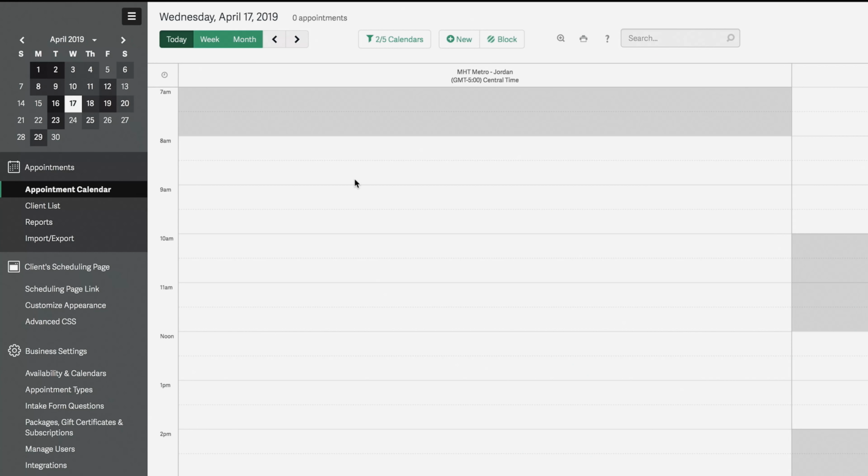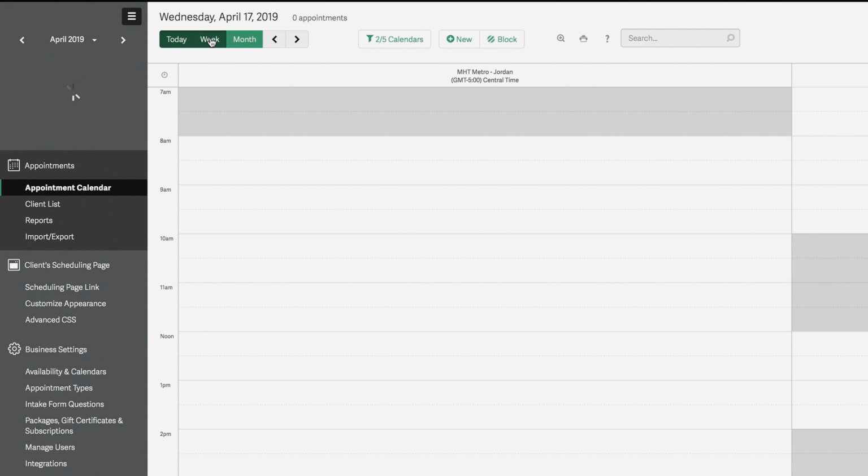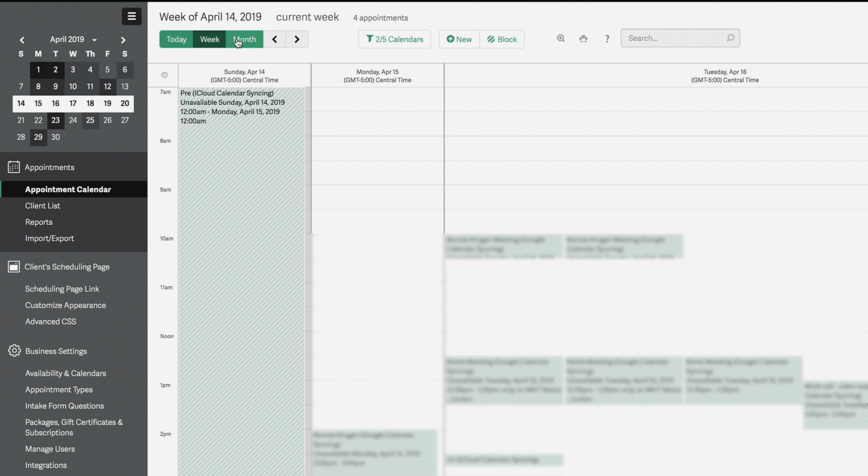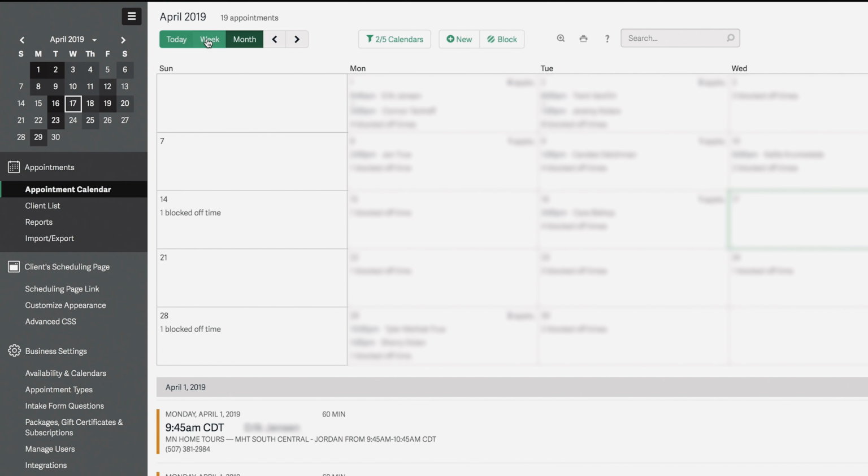I'm just going to show you the 2 calendars I have set up for myself. 2 of the 3 calendars I have set up for myself, because that's all that's really relevant right now. So when you first log in, here's all the different sections you have. You've got the appointment section. This shows you kind of an overview of your calendar. You can look at a weekly view, you can look at a monthly view, and just kind of see what